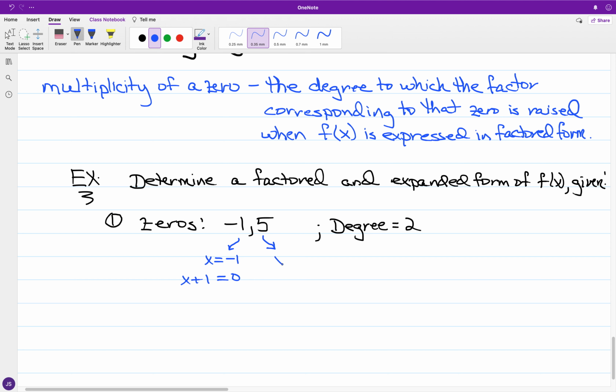And for 5, okay, so if I have x is equal to 5, we can say that this is going to originate from a factor in the form of x minus 5. Okay, so for what we have in the case of the factored form of f of x,